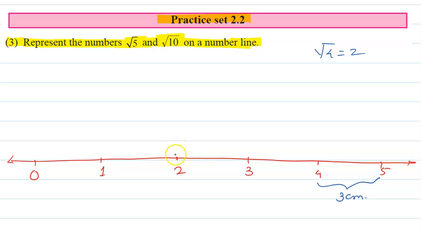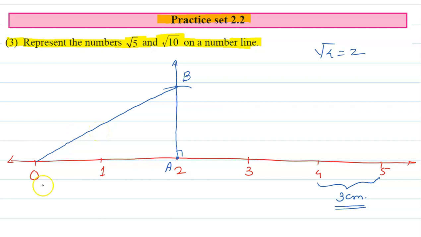So let's try to draw the perpendicular over point 2. I will call it point A, by using a protractor. Once we have the perpendicular over point A, let us take the 3 centimeter distance in your compass. Put the tip of your compass on point A and make an arc of 3 centimeter on the perpendicular line. Now what shall we have to do? Let us call the point of intersection of the arc and perpendicular point B. Let us join B with O.